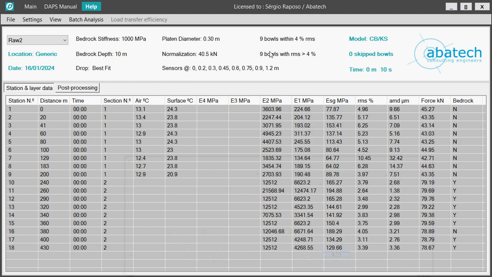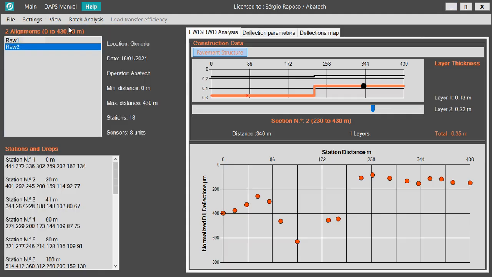So, I'm using two different raw data files with two different pavement sections, but I could be using 20 different raw data files with 20 different pavement sections. There's no maximum limit to the number of raw data files that we can load, or to the number of pavement sections that we want to define. The only thing that we have to keep in mind is that